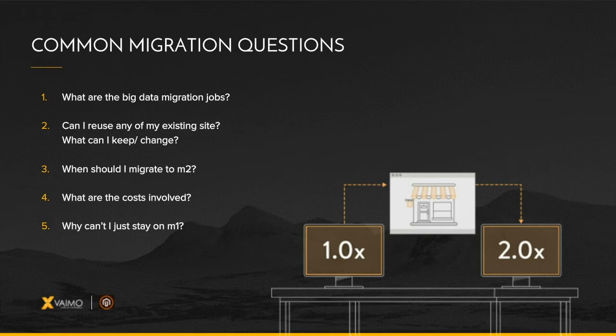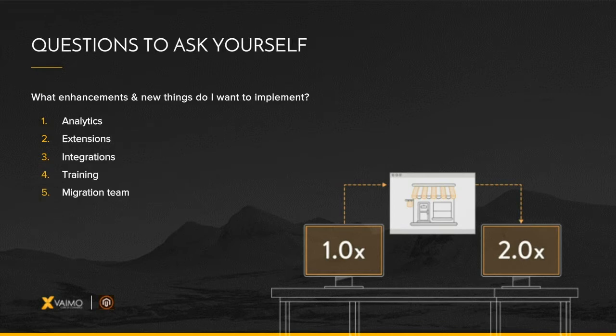So as a second point, migration questions and answers are one thing, but what about the really important features that you want to add to your store to enhance your offering? To this end, we've prepared an additional set of questions that you can ask yourself just to get you thinking a little bit. So the first piece is around analytics, and one of the key starting areas is to look at your data. Get a really good understanding of the areas that need improving on your current solution and use those KPIs to prioritize features